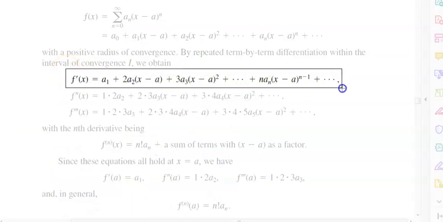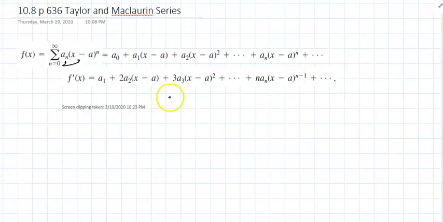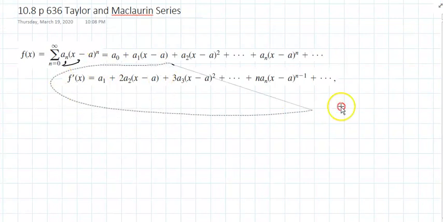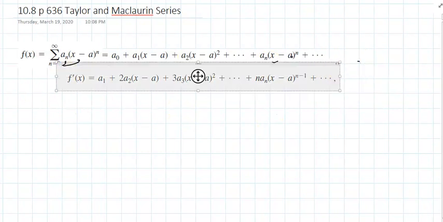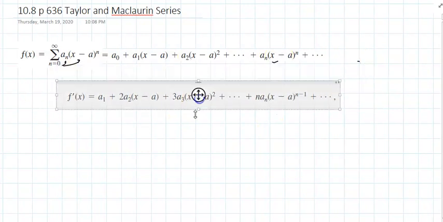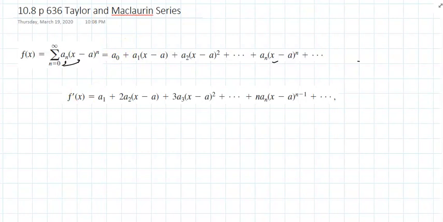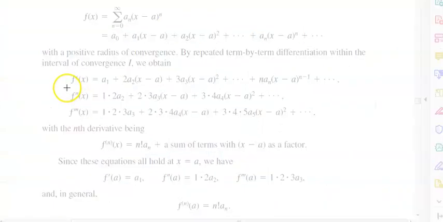And if I look at f prime, a derivative of this f, I would notice that f prime, this would become a sub 0, this would become just a sub 1, this would become 2 a sub 2, and the list goes on. If I take another derivative,